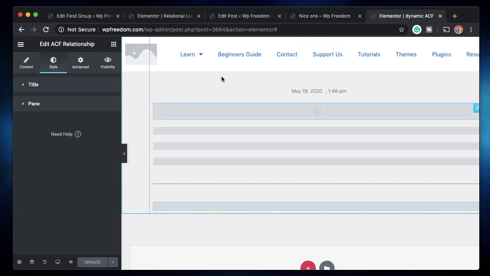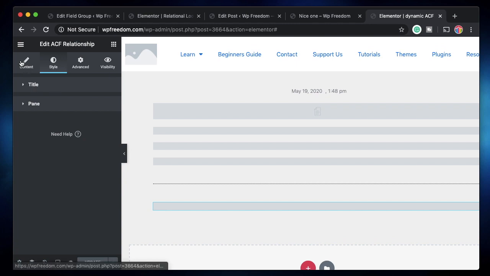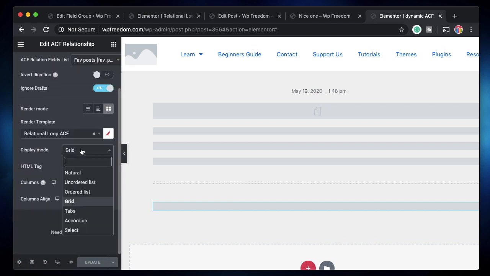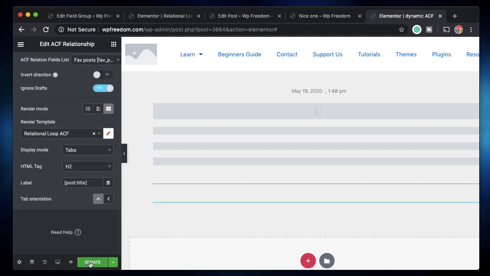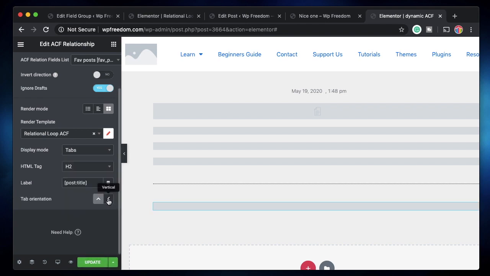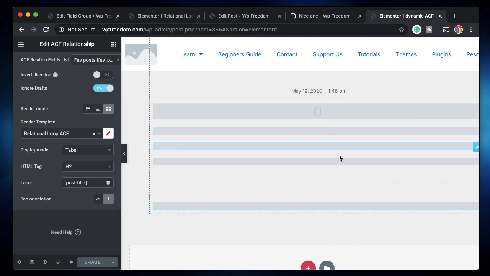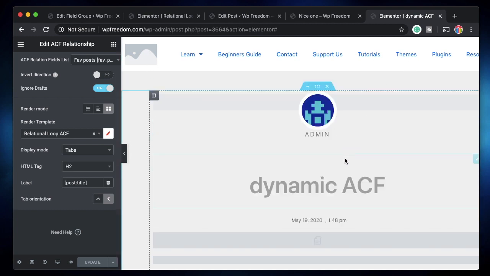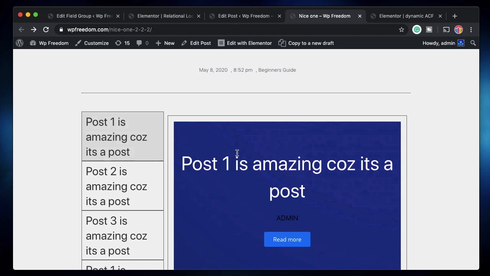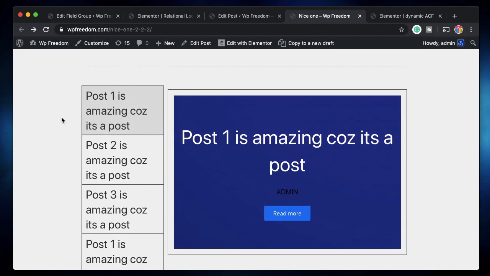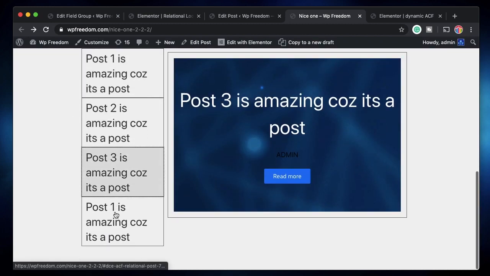Again, I'll click this gray box, which is our relational field. I'll click on content. Let's render it as tabs, maybe. For tabs orientation, horizontal or vertical, we'll use vertical orientation. I'll update, and this gets applied to every single post because we said that this design should be applied to all the posts. So whichever posts have this, and now you can see my favorite posts, the user can simply click and view